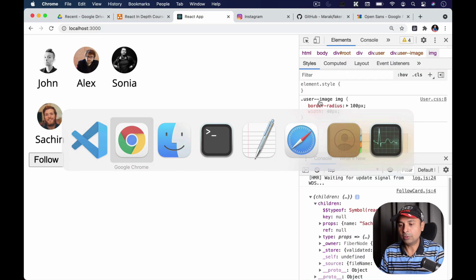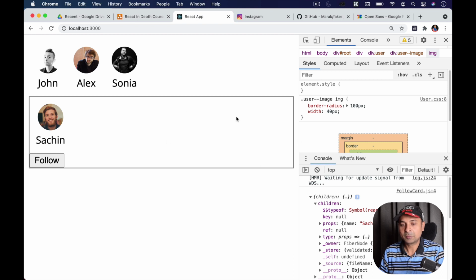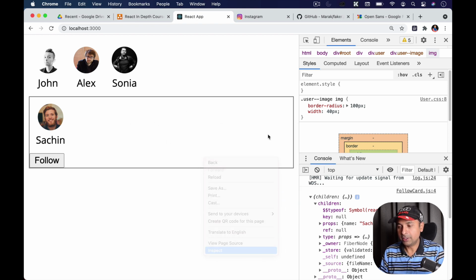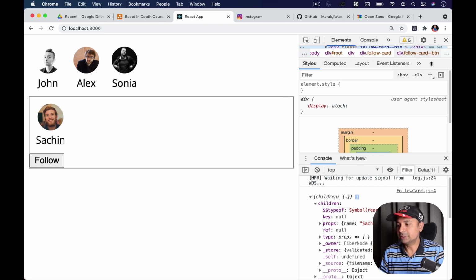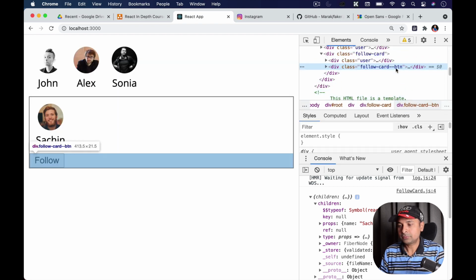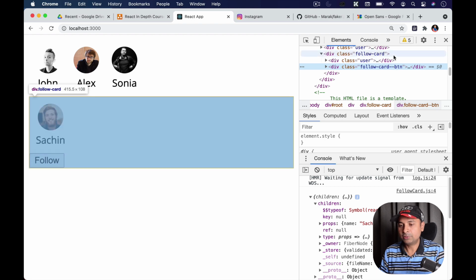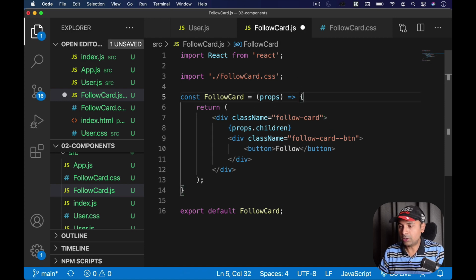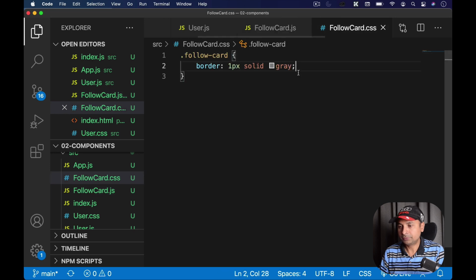And now if I save and go back, see that? I need to see why it is behaving like this. So I need to correct my CSS. It's taking the entire space. So I can do that. Probably I can give it a display property or something like that. So let's see what else we can do with the CSS.